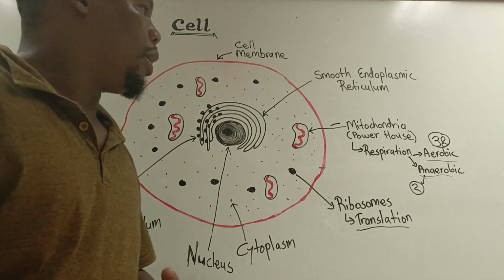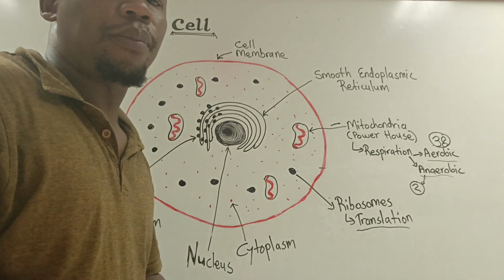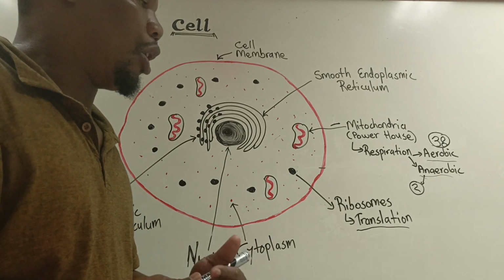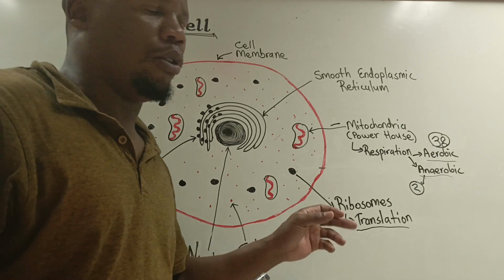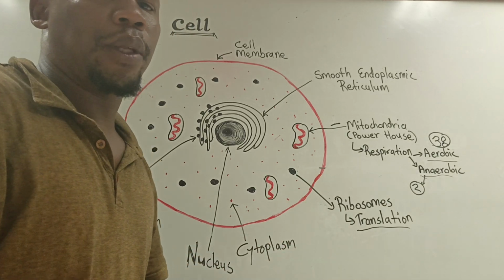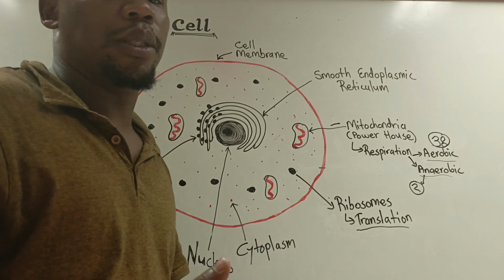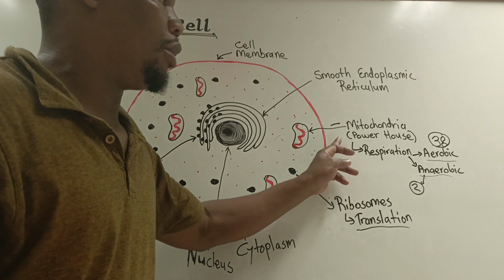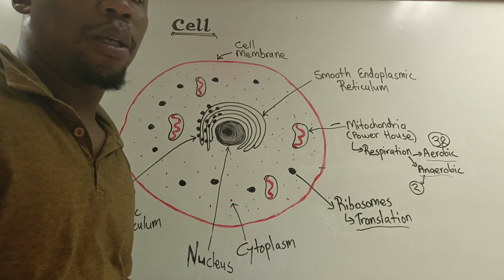And then the other organelle that is basic to life is the ribosomes. The ribosome is an organelle also found floating in the cytoplasm. That's how we synthesize our proteins. Just as carbohydrates give us glucose,